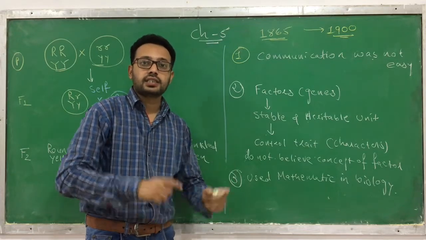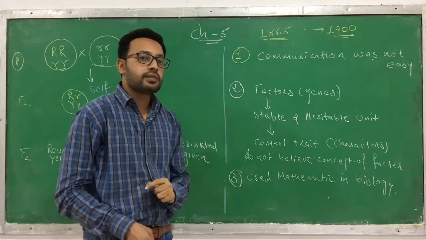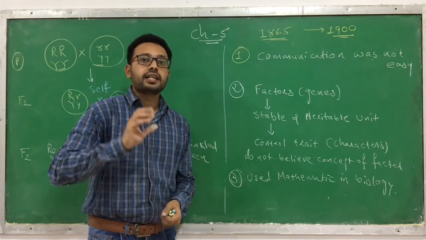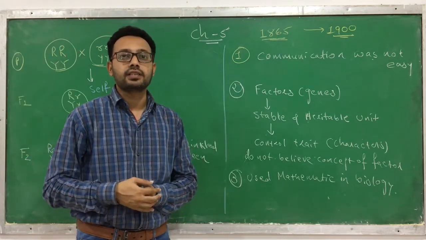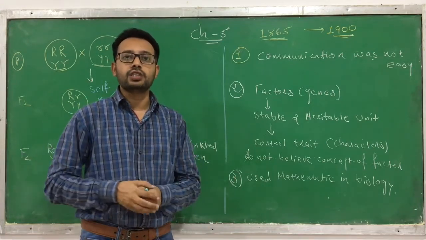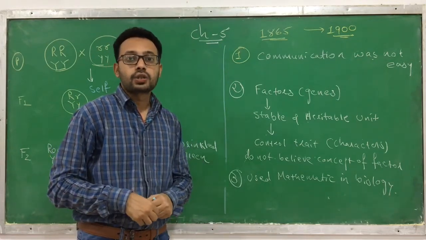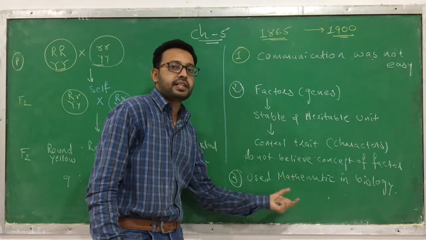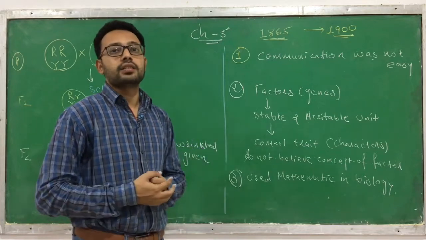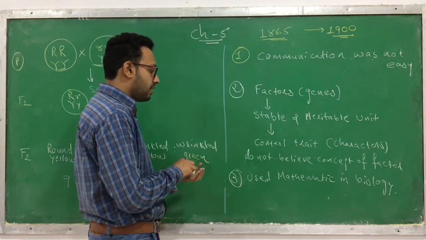This statistical analysis, or the application of mathematics in biology, was new at that time, and that's why it was not understood by many people and scientists, and it was not accepted by the scientists. They said that this is not possible, you cannot apply mathematics to biology, there is no correlation. He received such comments. That means the use of mathematics and statistics in biology was not accepted by his peers, his colleagues and the scientists. So this is the third reason why Mendel's work remained unrecognized.